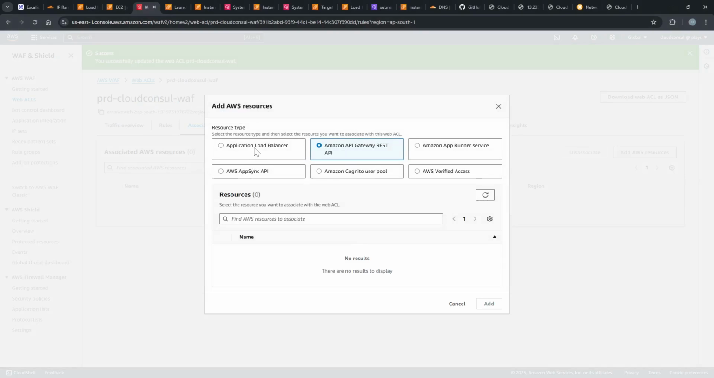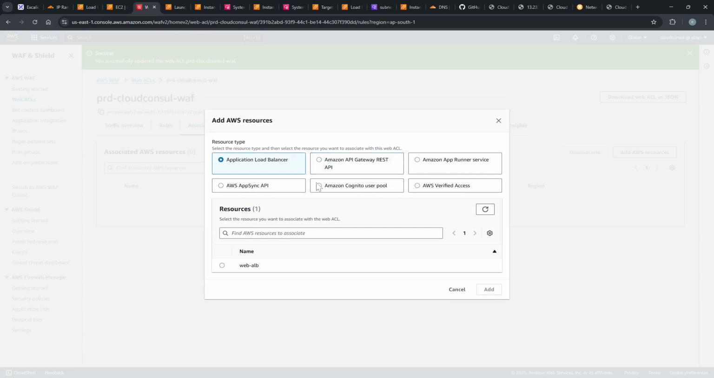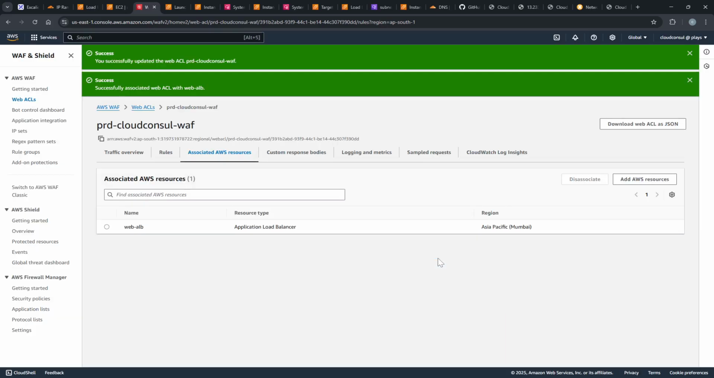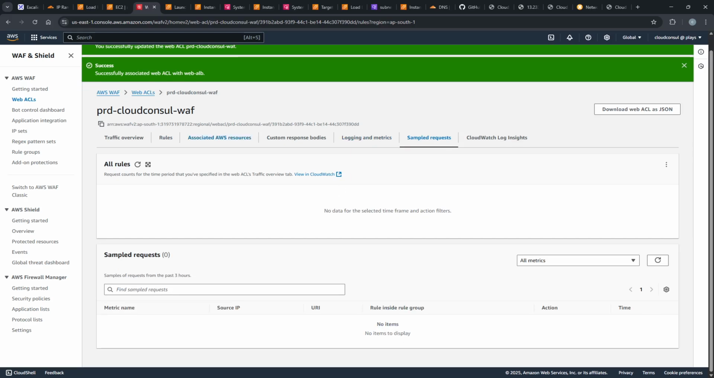AWS supports this many resources, right? WAF supports ALB, API Gateway, App Runner, and other things. So we have hosted and published the application via a load balancer. Select that, click on this, and yeah. So the moment you see that it's happened, you'll see that traffic will start getting